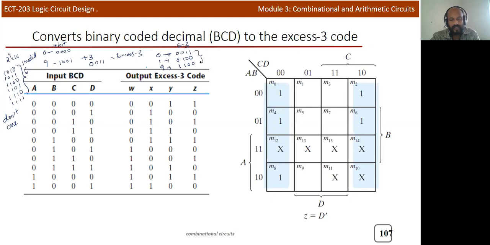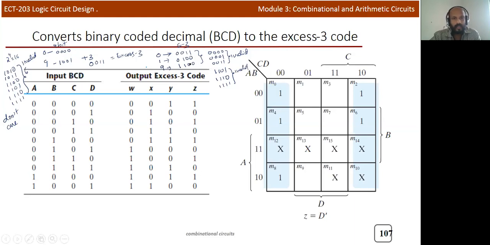In the case of XS3, the invalid codes are 0000, 0001, 0010, considered as invalid codes. So 3 invalid codes at the start. Then 9 is the last BCD code, and 9 plus 3 gives 12. For the remaining codes, 10 plus 3 gives 13, so 1101, 1110, 1111 are the other 3 codes. So again 6 invalid codes at the output level.